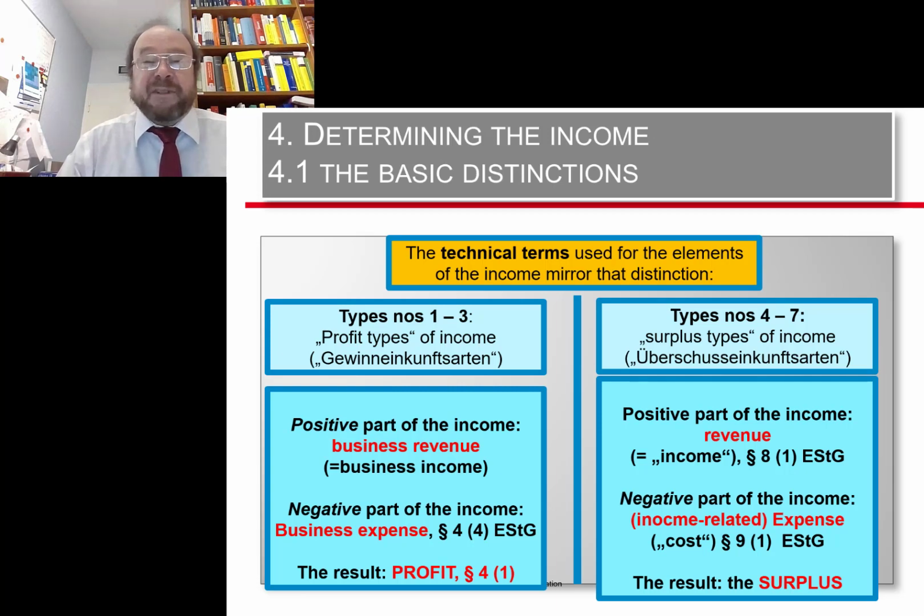By the way, perhaps the one or other among you wonders why I always use the abbreviation ESDG, although it's not an English abbreviation, but a German one. Well, one might naturally always translate Einkommensteuergesetz as Income Tax Act, then everybody understands it. Great. Now, when you use